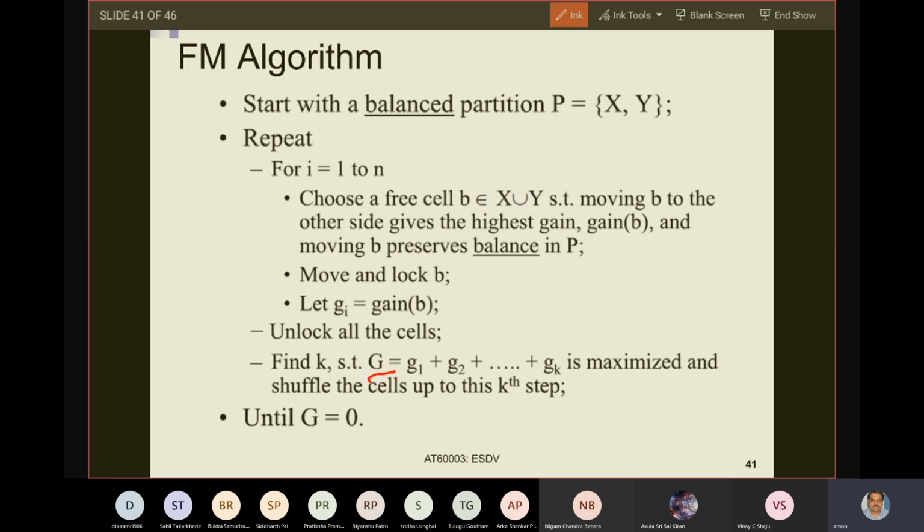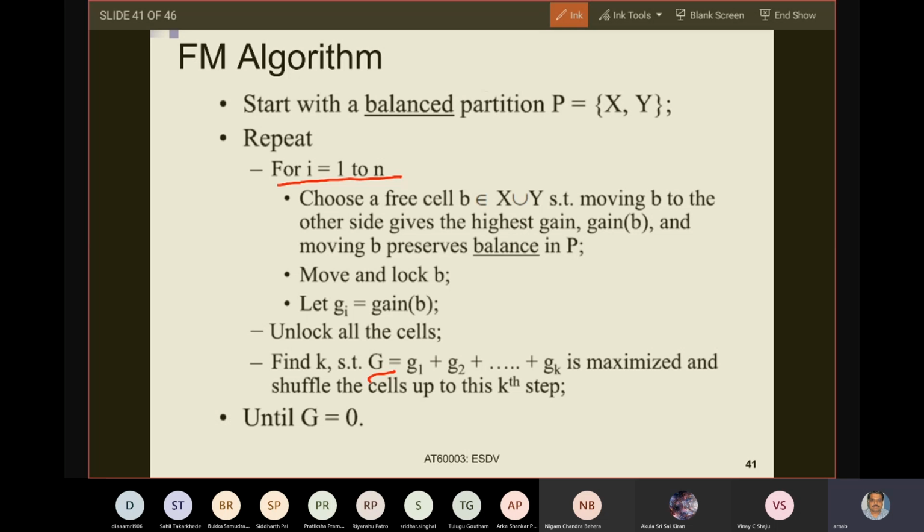Now we were talking about the data structure. Firstly, we need to see that the algorithm is overall n square. Why is it n square? This for loop goes for i equals 1 to n. This one is a loop of size n, right? And then within this, when we are trying to update the gains of each task, a task can be connected to at most n minus 1 other tasks.